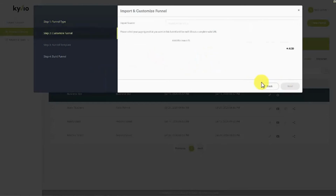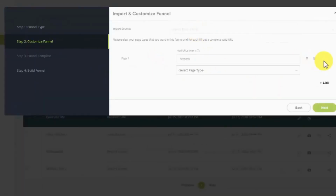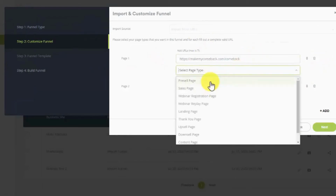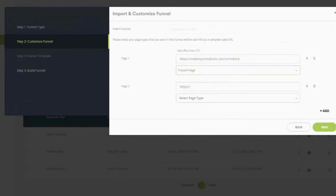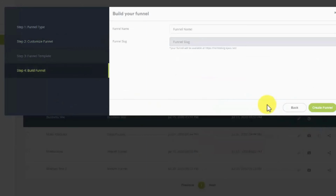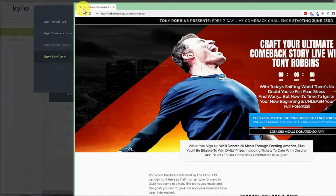So I'm going to click on Import Funnel, and let's go ahead and add a few other URLs as well. Let's add this URL. That's not the one. Okay, so this is the first one, which is going to be the pre-sale page. It's his opt-in page, and then this is going to be his welcome page. So this is going to be the thank you page. This is important for classification. I'm going to click next and call this